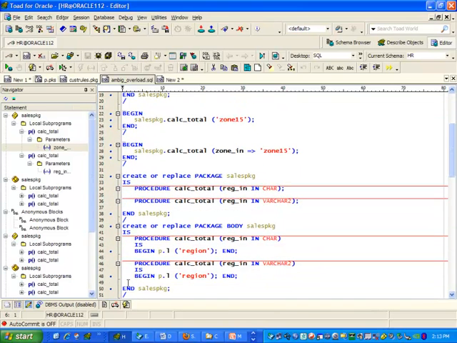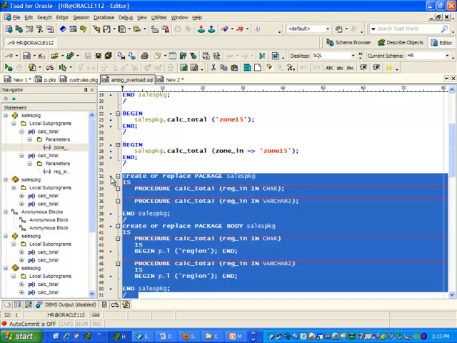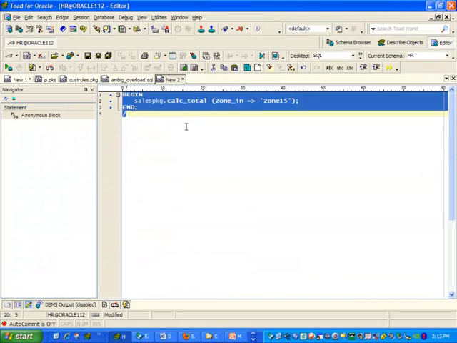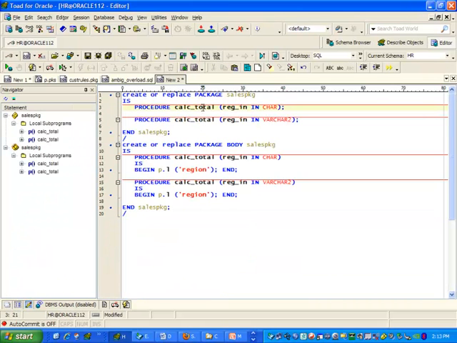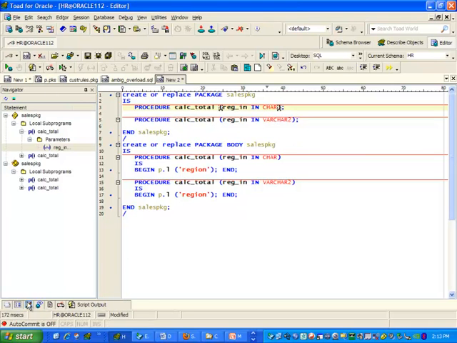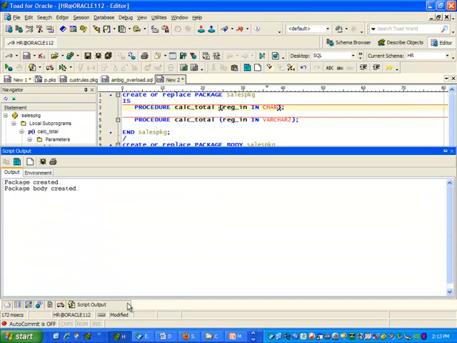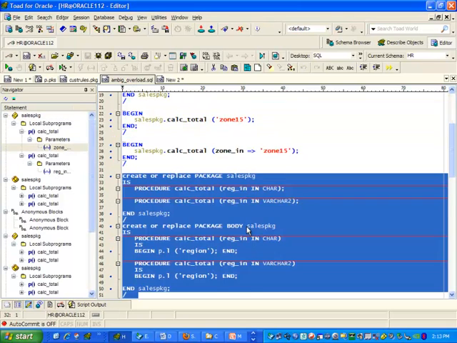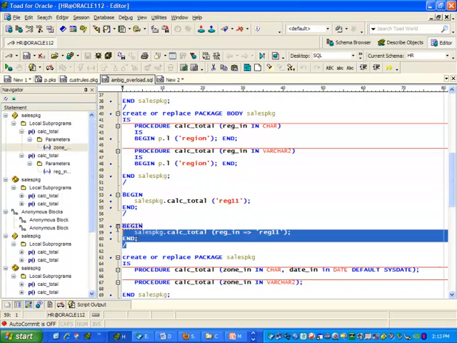Let's take a look at an even worse situation. Here's a package that you might think shouldn't even compile. Same program name, same parameter name, different data types, but they're very similar. And sadly, Oracle will let me compile this code. And the problem here is that I can't use these programs. Here's an example of a package you can compile, but you cannot use. No matter what approach I take,